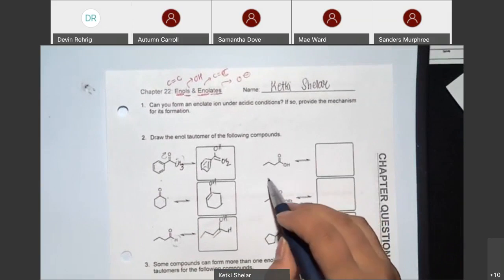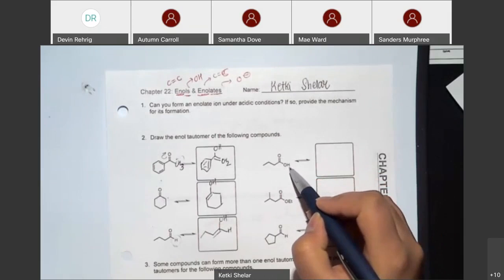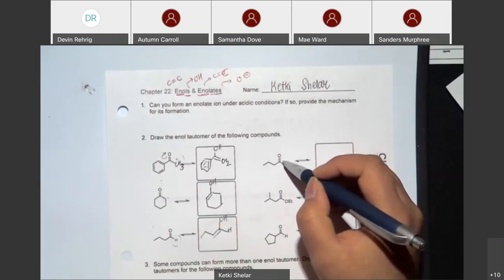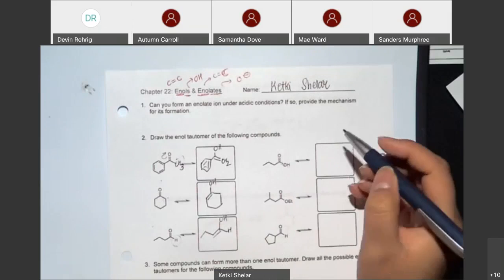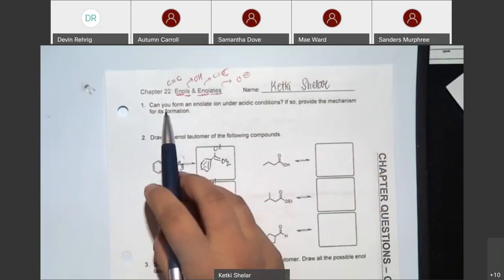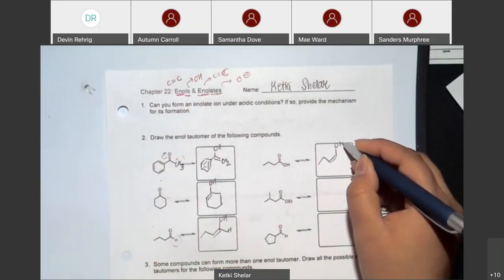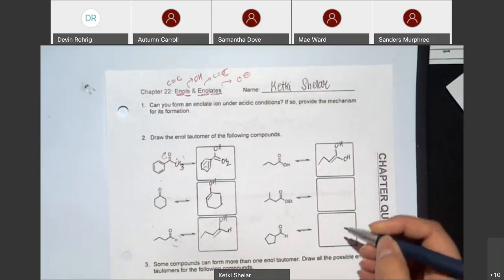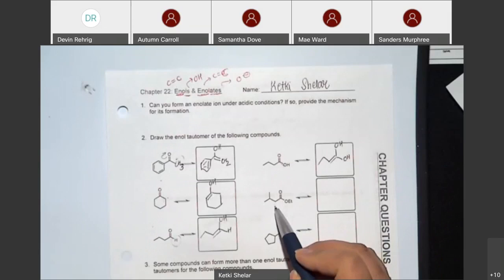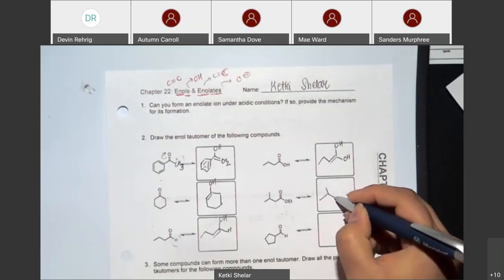The next is this, and you can see here that there is oxygen and there is OH. If you make a double bond here, it cannot be an enol. In order to be an enol, the double bond will be towards the carbon side. As we understood, it is a carbon-carbon double bond, so it needs to be a bond between carbon and carbon. The same applies to this ester, where there is carbon only on the other side. You cannot form a double bond here. So it would be,